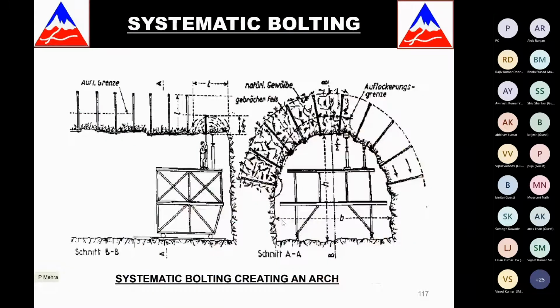So I was talking about systematic bolting. If you see systematic bolting on this figure, you see on the right side that as you do the bolts and you do the grout, this grout actually is making a complete arch all around. So this is systematic bolting, and this will help you ensure that you have a solid, engineered mass above your opening, and because of that arch action, you will not have much stresses on the boundary of the tunnel or whatever is the underground opening.